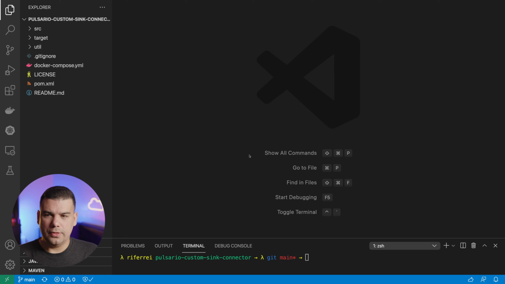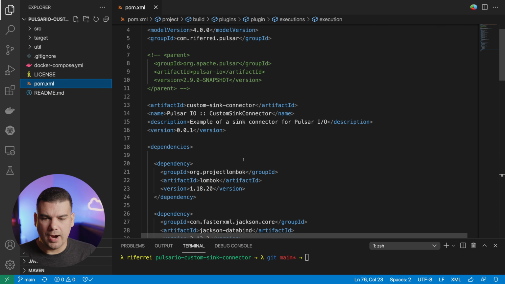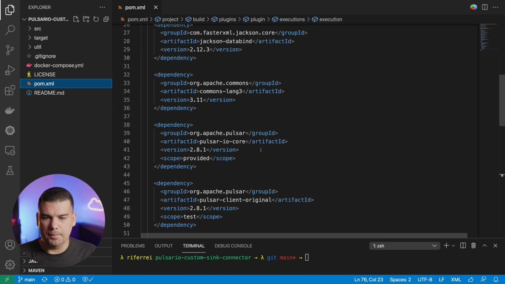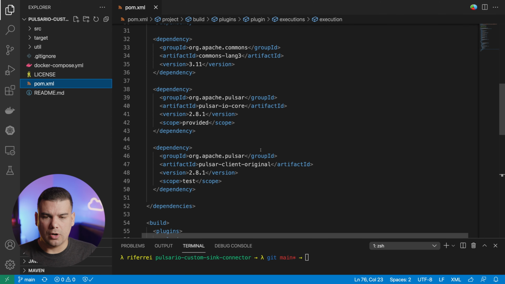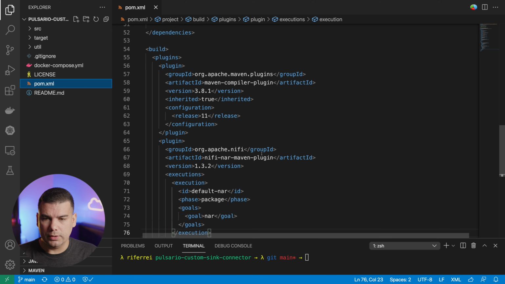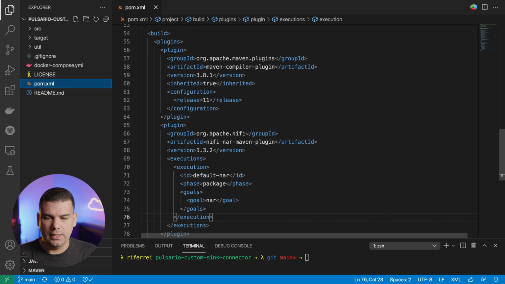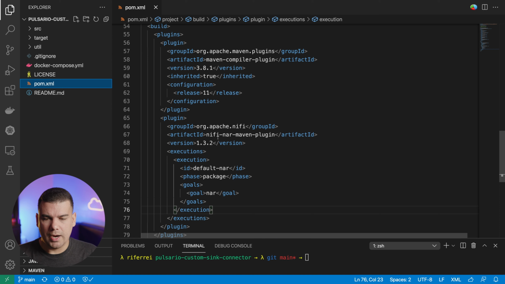The first thing you've got to understand about this code is that it is all based on Maven. So if you look here, you're going to see the pom.xml file that already contains some of the dependencies that you're going to need to start off the development of your custom sync connector. But most importantly, you're going to see that in the plugin section, there is a plugin called the NAR Maven plugin. As you may know, all the Pulsar connectors are based on this format, which is NAR, and it is your job to generate this